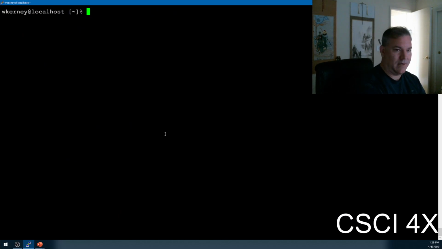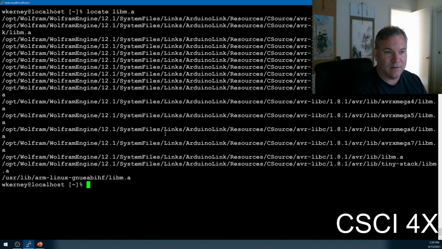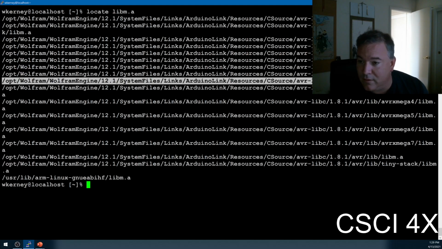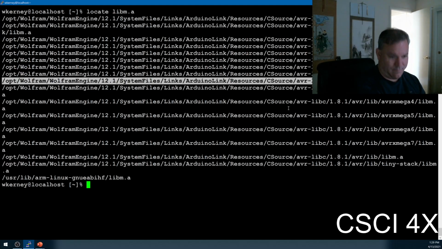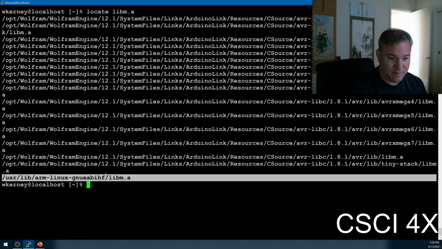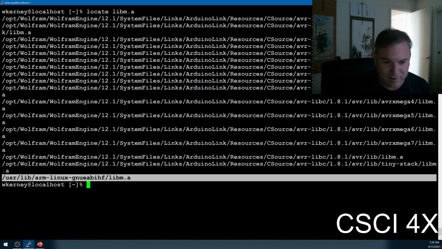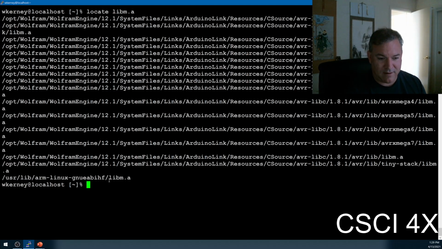Let's see if there's a libm.a. I wonder if they have a static version of it. They do. Oh, interesting. They do have a statically compiled version here. Look at that. So you can either compile it statically or compile it dynamically, and I'll talk about what that means in a second. But basically, if we nm it,